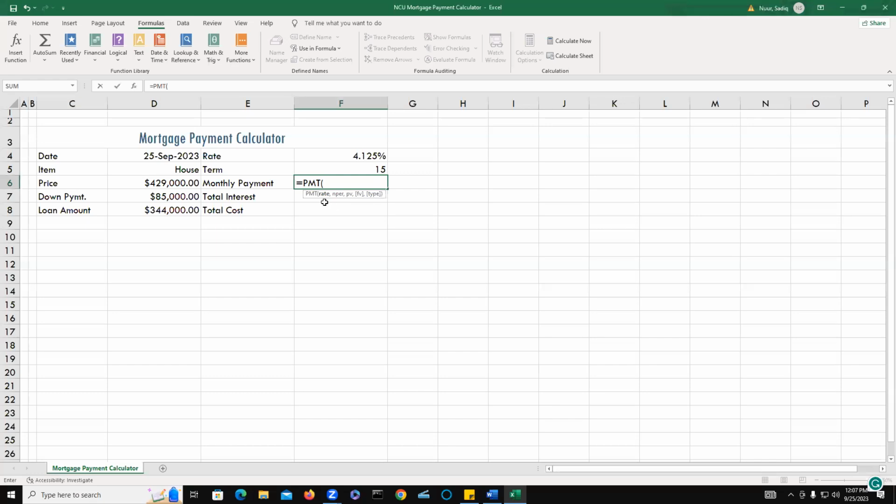So the rate is in dark. That's why first we have to put the rate. So the rate is, you will select the F4, which is this rate, divided by 12, comma. Then you're gonna say 12 multiply by the 15 years term that we have. So now you see, instead of getting F7 or F5, I'm getting the name of the 15, which is terms. Then comma,